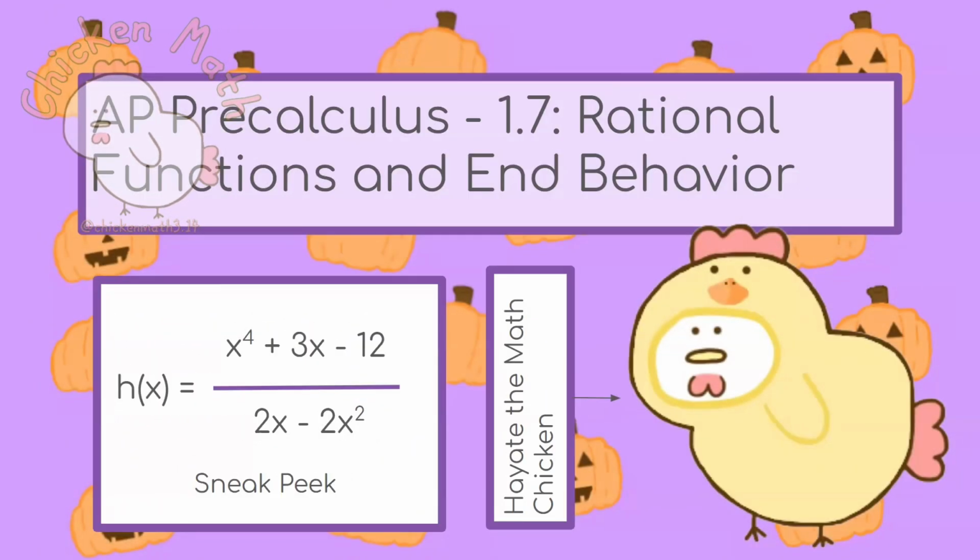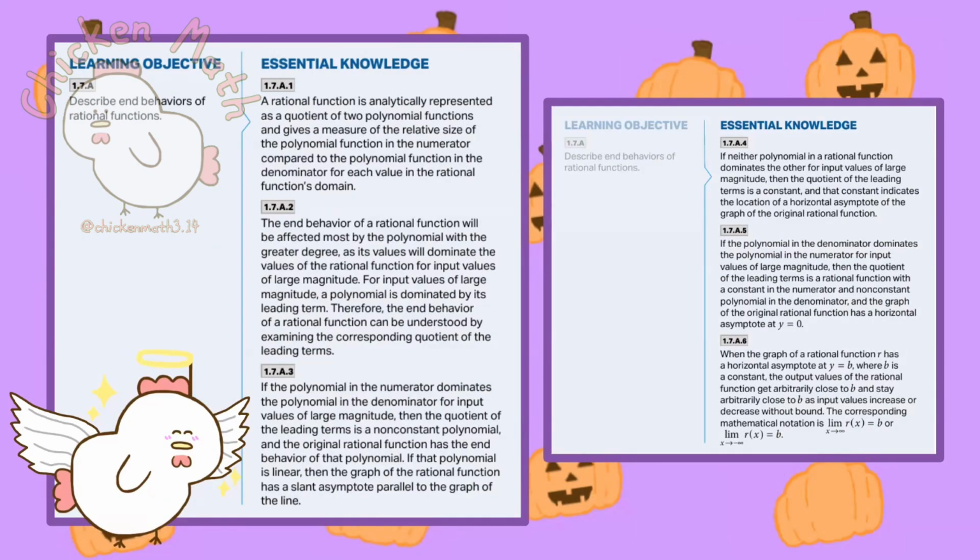Hey everyone, this is Chicken Math 3.14, and what we're doing today is we're going to do the 1.7 rational functions and their behavior. Okay, guys, so these are the learning objectives. We'll just be talking about horizontal asymptotes, how to find them, rational functions, slant asymptotes, and how to find end